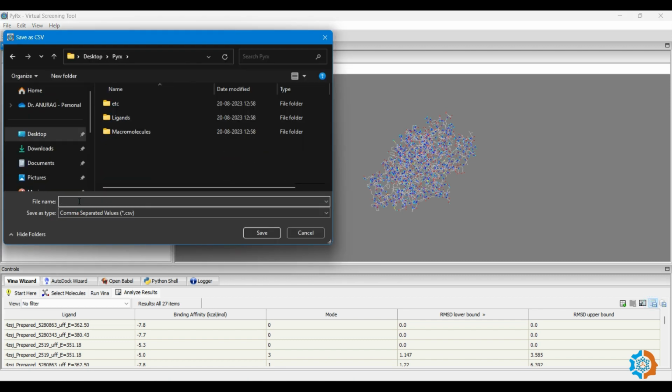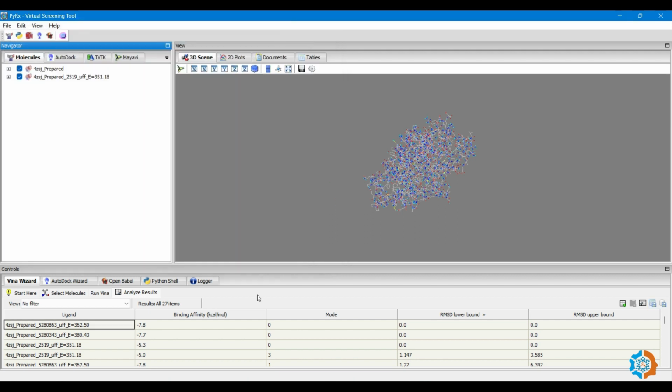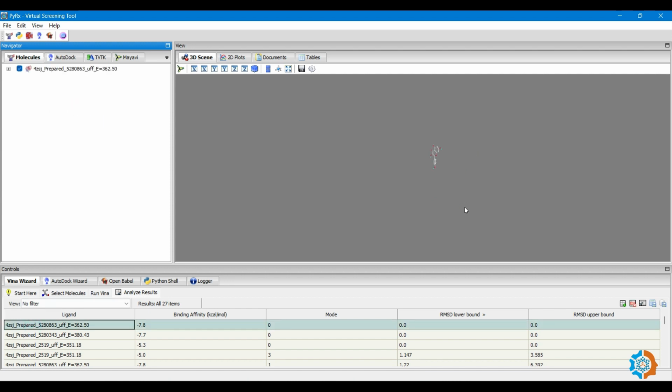Here I'm saving my results with the file name docking results. Save this file. After that you must save your best pose, or the pose of interest that you want to analyze. I just want to analyze this first pose only. So I'm going to save this pose and then analyze the interaction between the ligand pose and the targeted protein. First of all, I'm removing everything present on our screen. Remove this one and this one also, and then select our first pose, our best pose. This is our best pose.